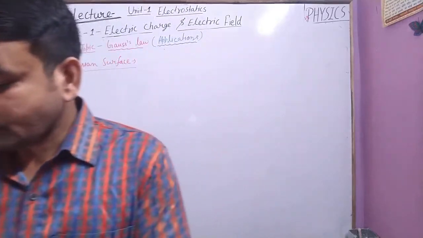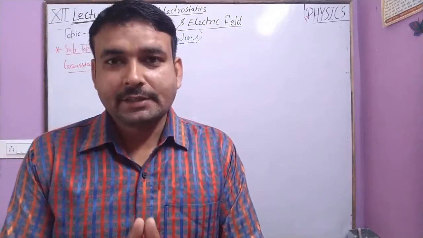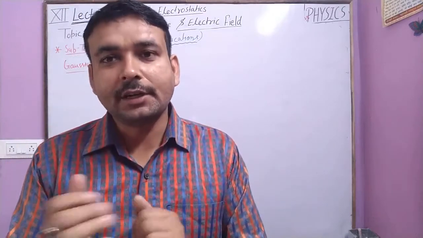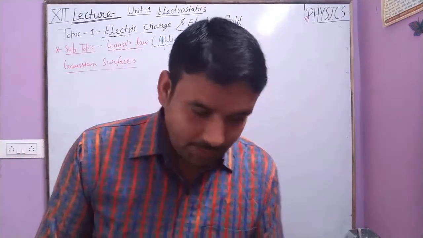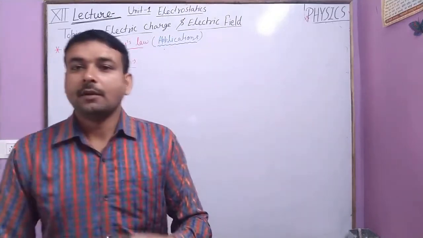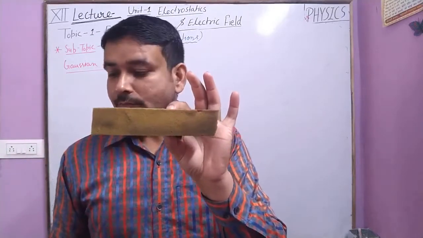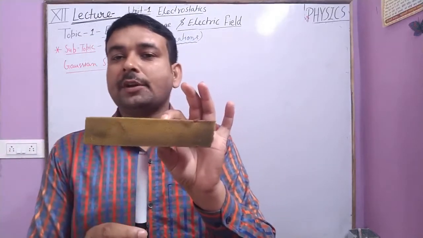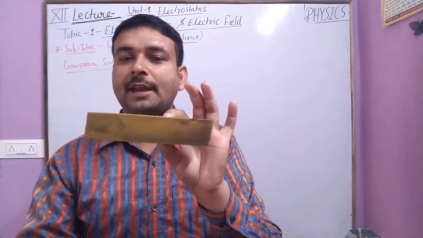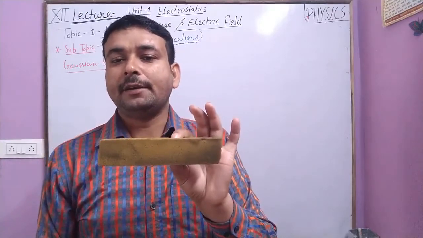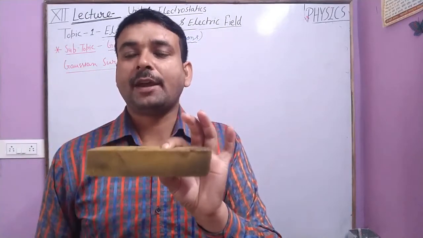As we understood in the previous class, for many purposes we can consider the area as a vector. Okay, now suppose we have a cuboid like this. As you know, a cube has 6 surfaces. One is downward, one is upward, one is left, one is right, one is in the forward direction and one is in the backward direction.